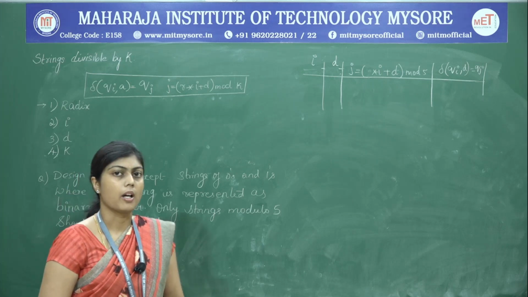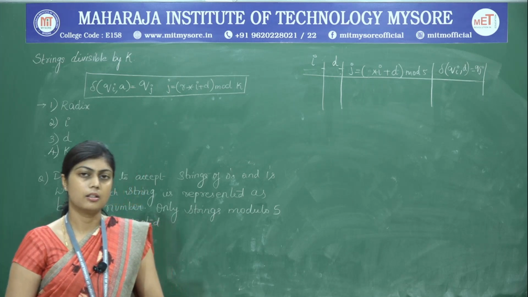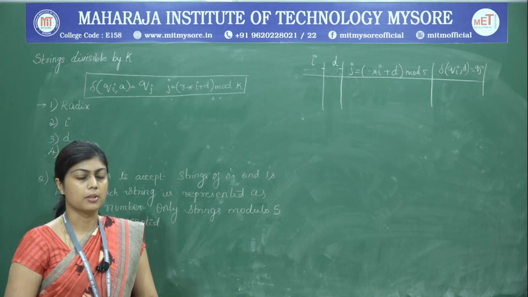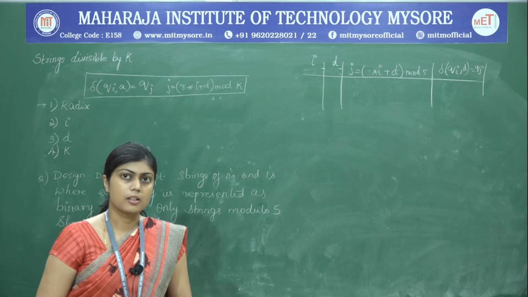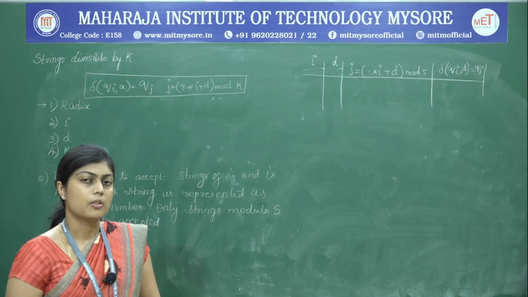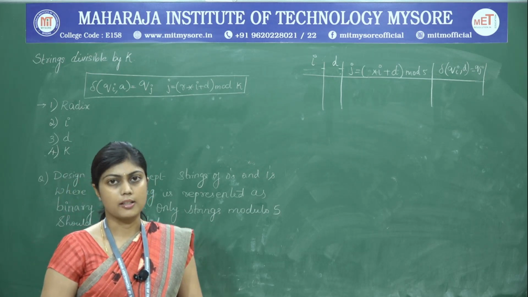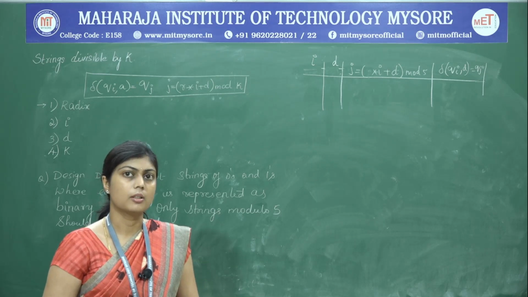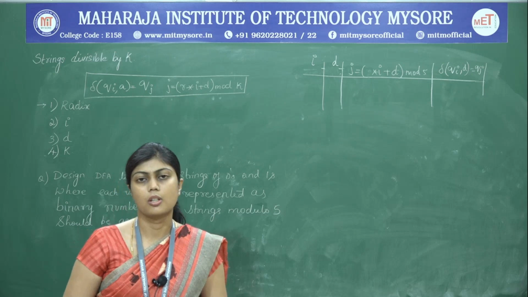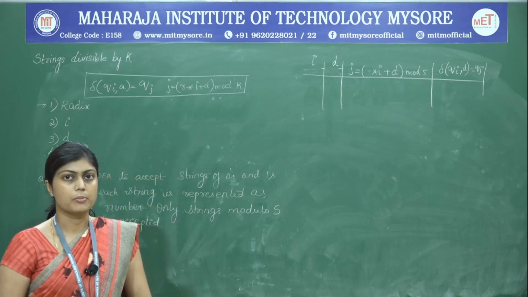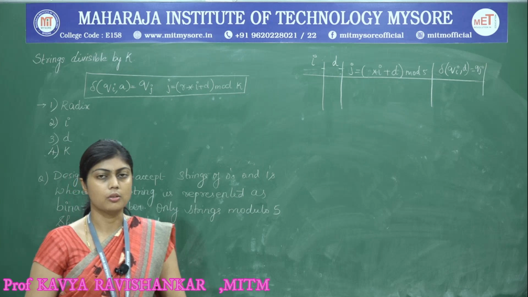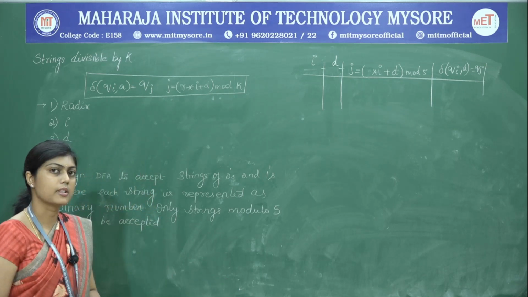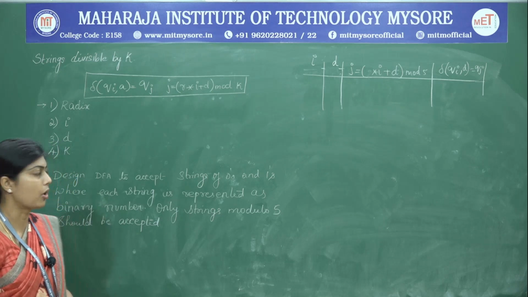So this is the logic behind designing the DFAs, where it accepts only the strings which are divisible by some number. When we consider these numbers, they can be treated either as a binary number or as a decimal number. It depends on the problem statement as to what we are trying to accept. Therefore, we will see an example and also we will see the procedure in order to tackle the problem.